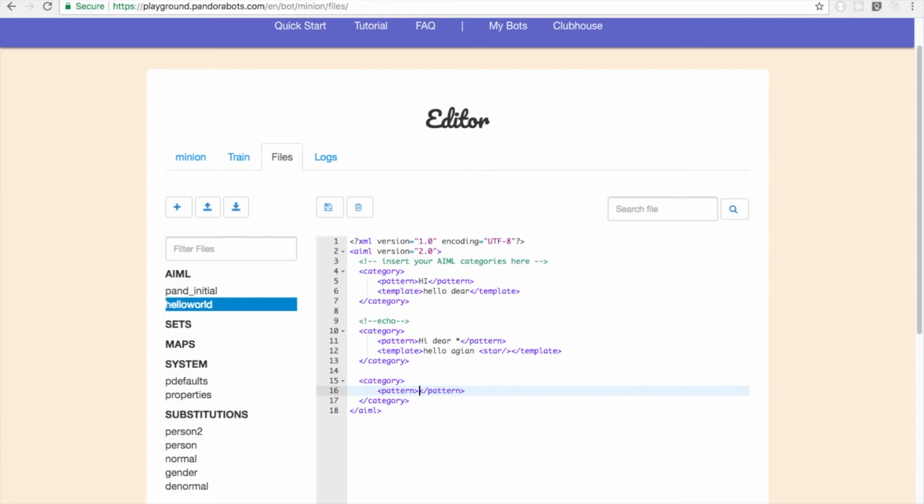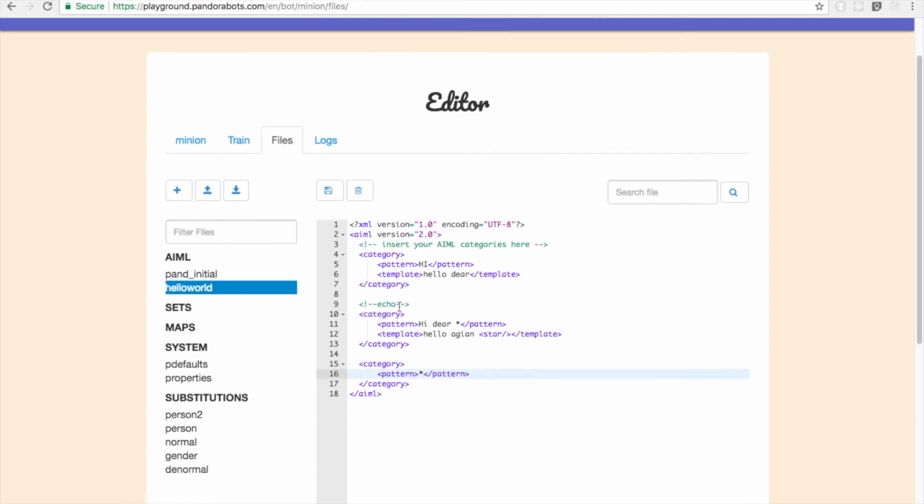And inside the pattern, let's give the wildcard that we just learned, the star. So if none of the patterns match the user input, it directly goes to this default value. It's important to know it acts as a default value. So we're going to the template, and in order to hide the fact from the user that we are going to give a default value, we can use something called a list. That is, each time a user gives a string that the chatbot doesn't know, each time the chatbot has to give a different answer. In that way, we can hide the fact that it is a default value.